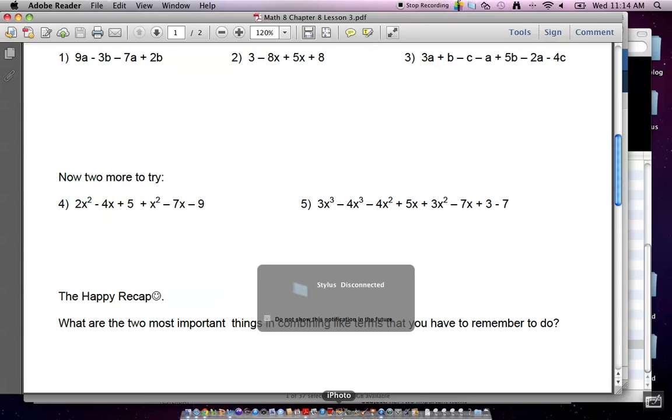How do you find range? Range is outputs. So you plug the numbers in, and whatever the outputs are, you make a list of them, and that's your range. Okay? Remember, domain is inputs, range